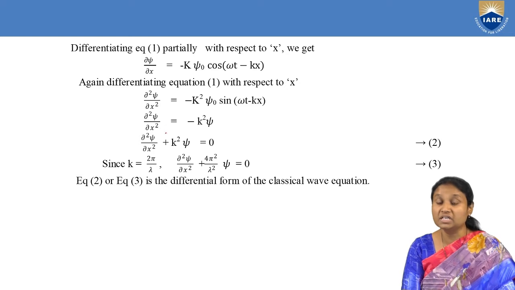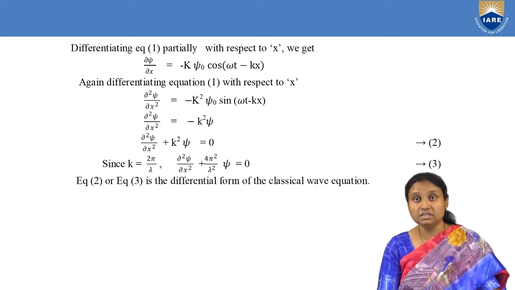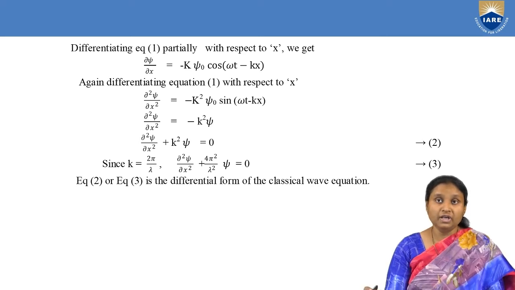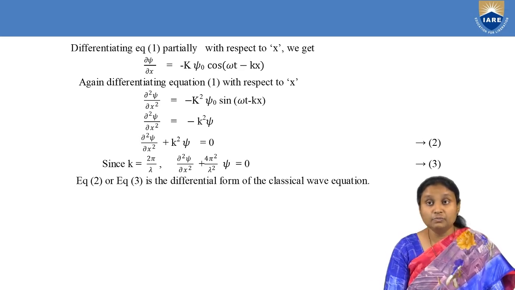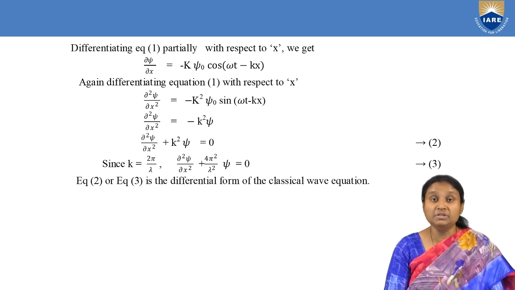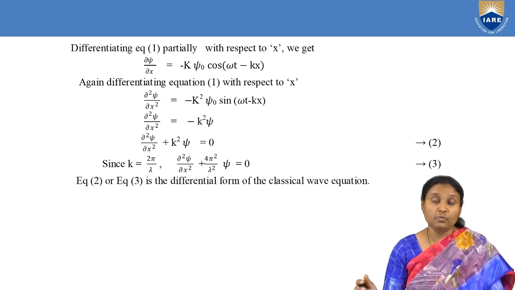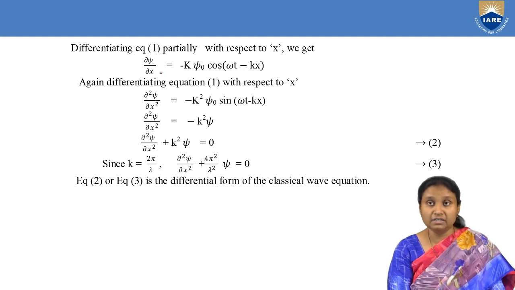Now why are we using partial differentiation here? Because our wave function psi is dependent on more than one variable. So in this case, it is dependent on the x coordinate, and also it is dependent on time. So if your wave function is dependent on more than one variable, then we make use of partial differentiation. And in this case, we are considering one-dimensional motion. If we consider three-dimensional motion, then again your wave function will be a function of x, y and z coordinates.